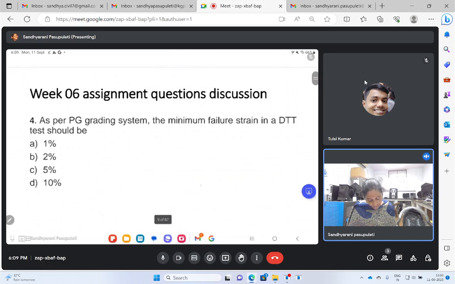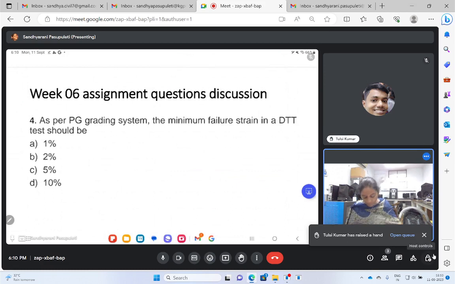As per PG grading system, the minimum failure strain in a direct tensile test should be. So if you see the direct tensile test,